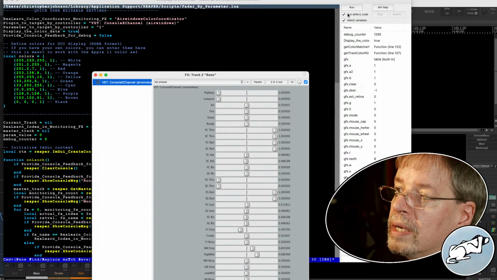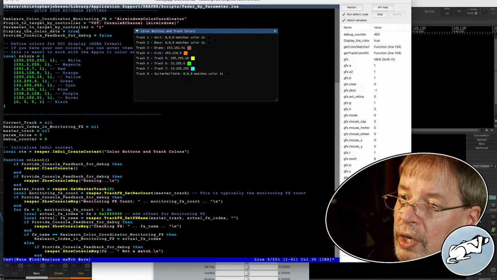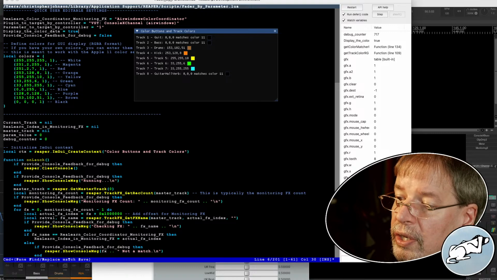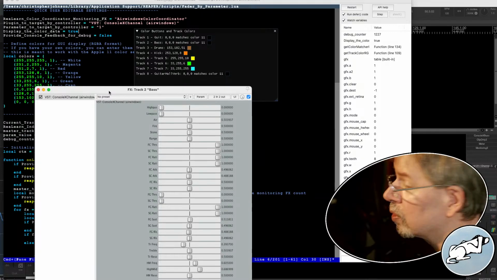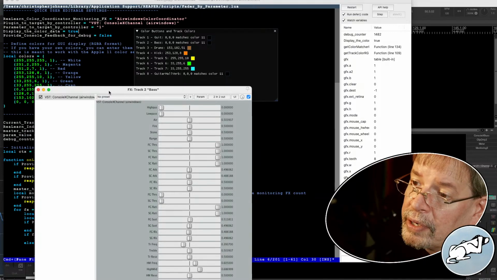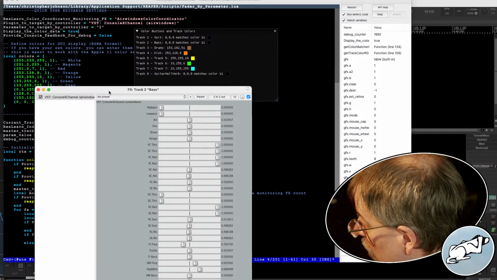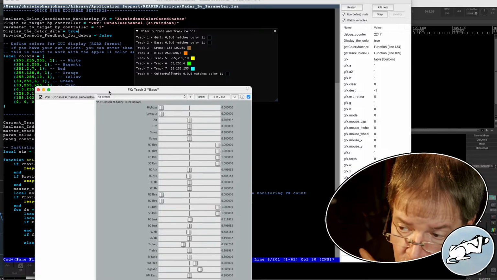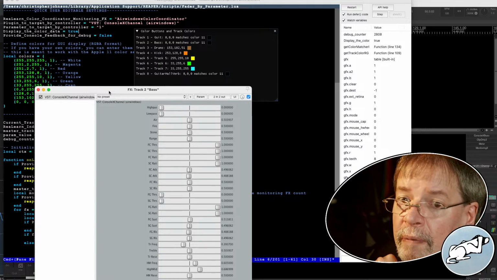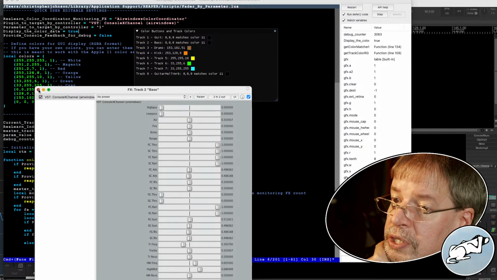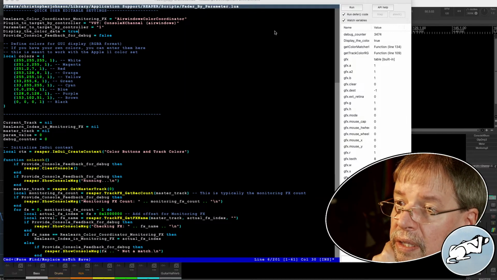Let's see. So if we run that, okay, guitar matches color 11. That is in fact color 11. If I move fader 11, nothing happens, but I expected that. So we have not yet told it to watch for this controller and these parameters. I haven't got that set up yet. Didn't get that far. So I'm not sure what Robert Kennedy was doing, but we've only got part of the